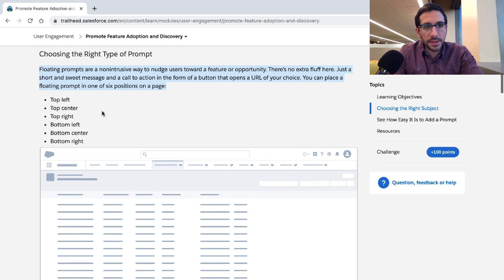Floating prompts are a non-intrusive way to nudge users toward a feature or opportunity. There is no extra fluff here, just a short and sweet message. I would like to point out that short and sweet, it is fluff. Because you could say short or you could say sweet, but you don't need to say short and sweet. So there's fluff. But